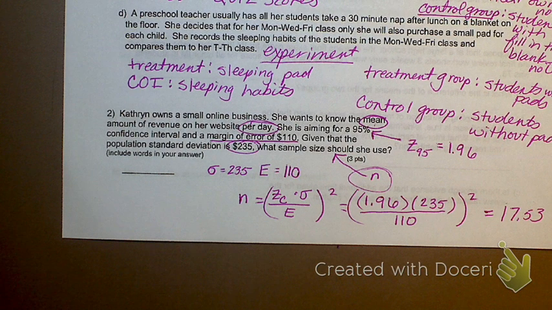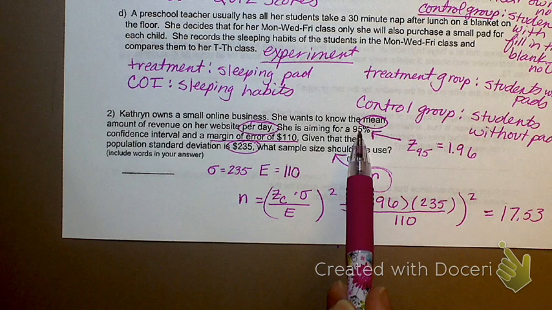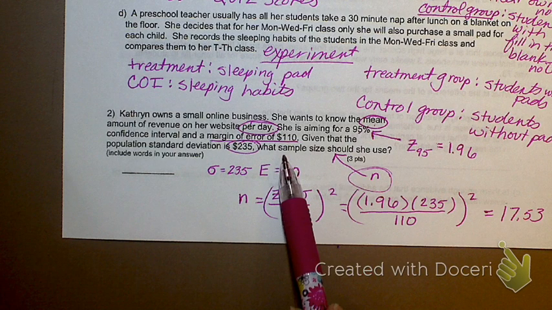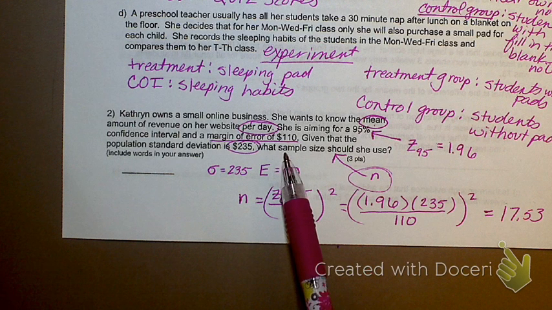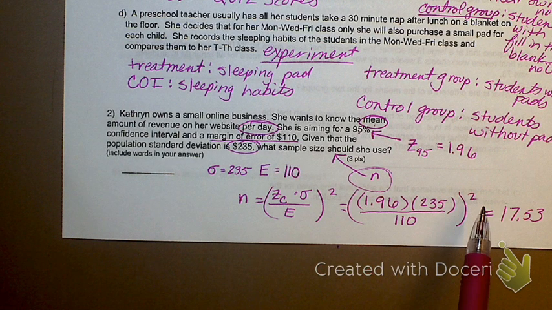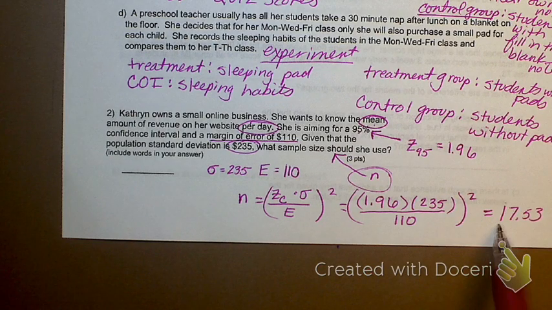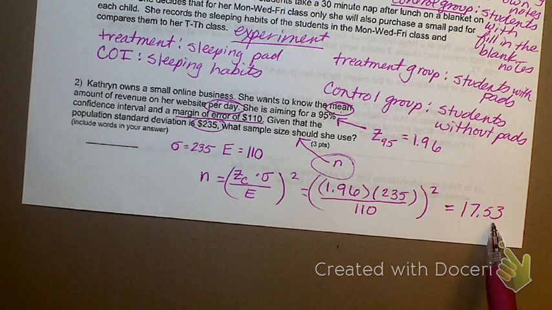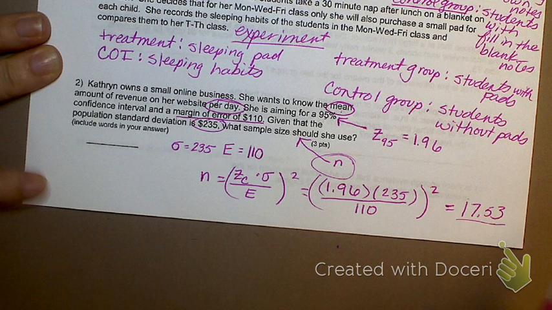So she could not guarantee a 95% confidence interval and a margin of error of $110, sorry, if she didn't use the appropriate sample size. So if this says 17.53, she's not going to get it if she does 17 days. She needs to look at 18 days